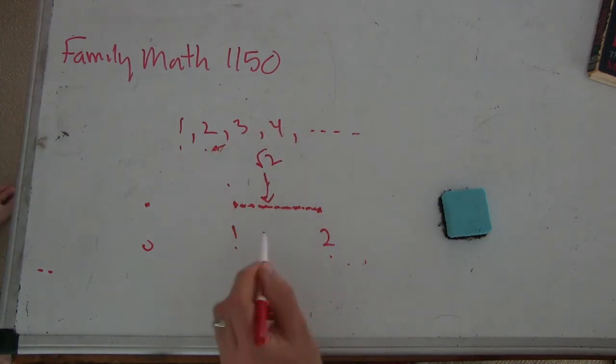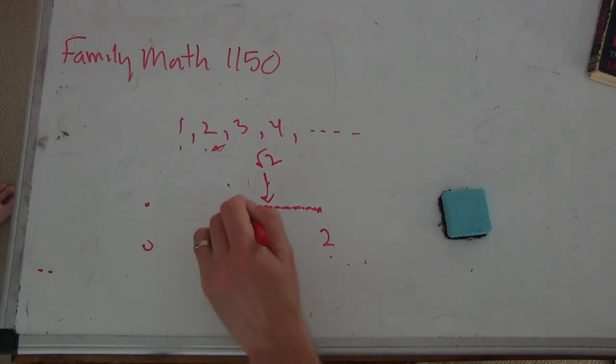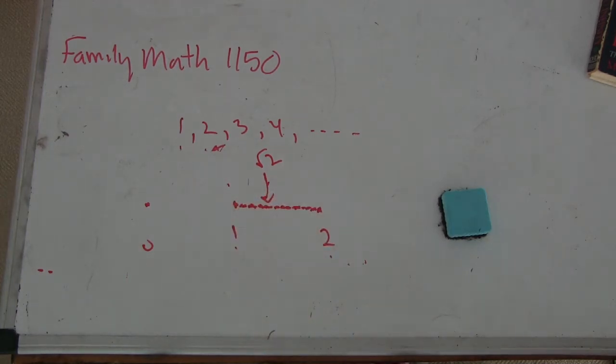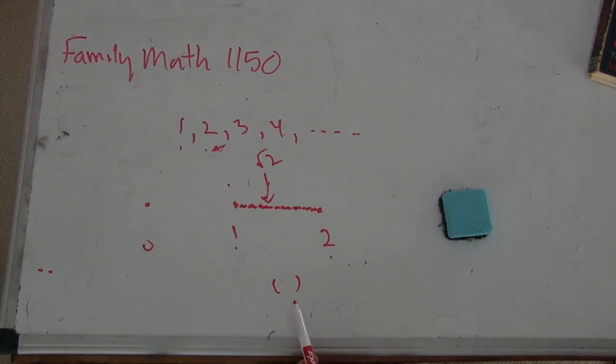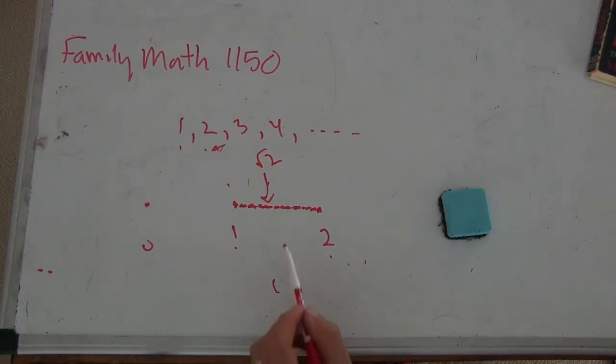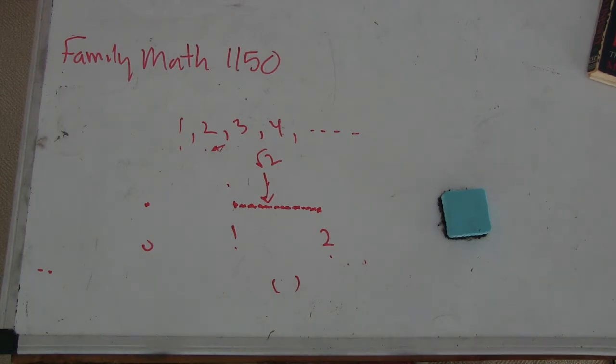That's missing. Somehow there's a hole there at square root of 2, but still, it almost looks like it fills in the whole line. In fact, there's a mathematical word for it: the rational numbers are dense, which means there are no interval gaps. Any interval has infinitely many rational numbers in it, no matter how small the interval is. So there are only holes, like single-point holes. So it's a little surprising.